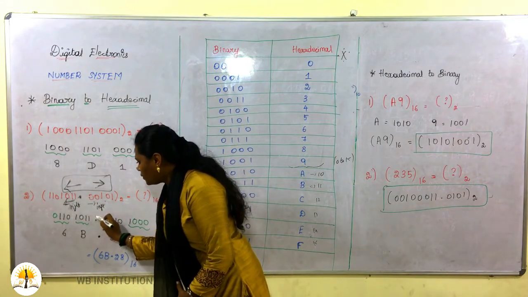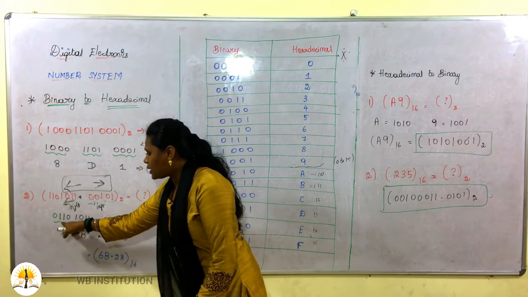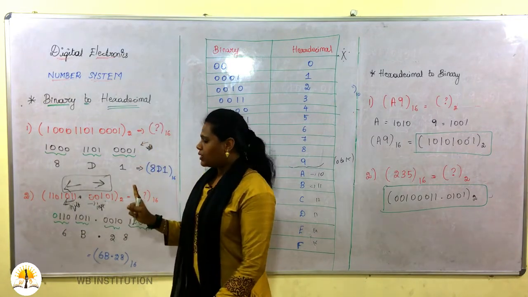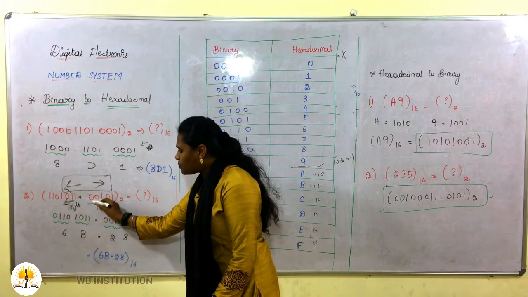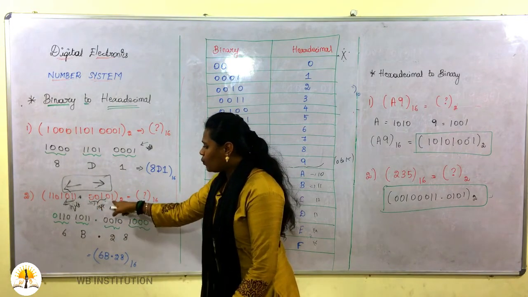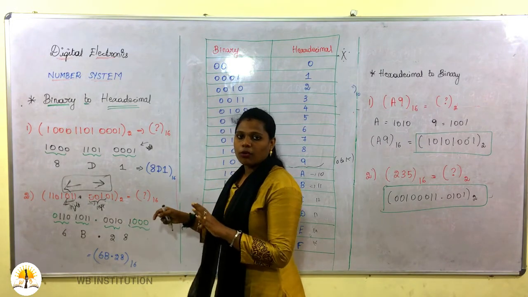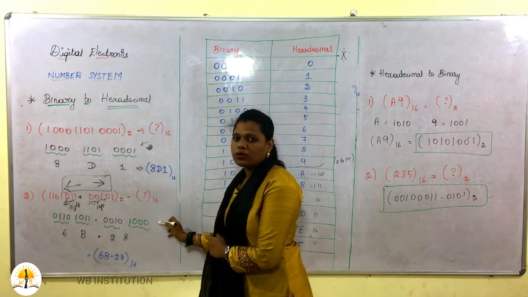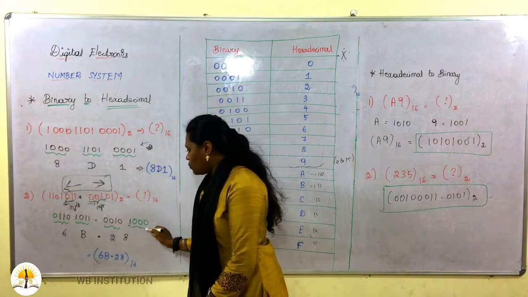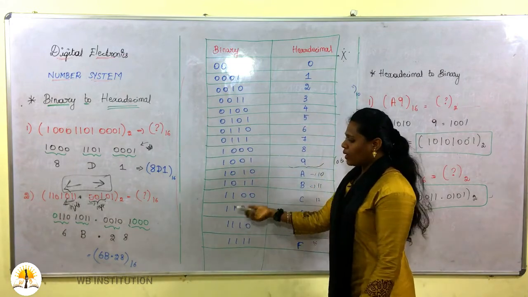Just split the terms into 4 bits from the right side. I am just taking this one. So I have split it into 4 terms. Here I have split it into 4 terms. Since there are 3 points, I have added only 1 zero. Coming to this one, I have split it from here, 0010, and only one bit is there. So what we have to do, we need 4 bits, right? So you have to add 3 more zeros here. For 1000 I have indicated it with a green mark. Just check the value and substitute it.